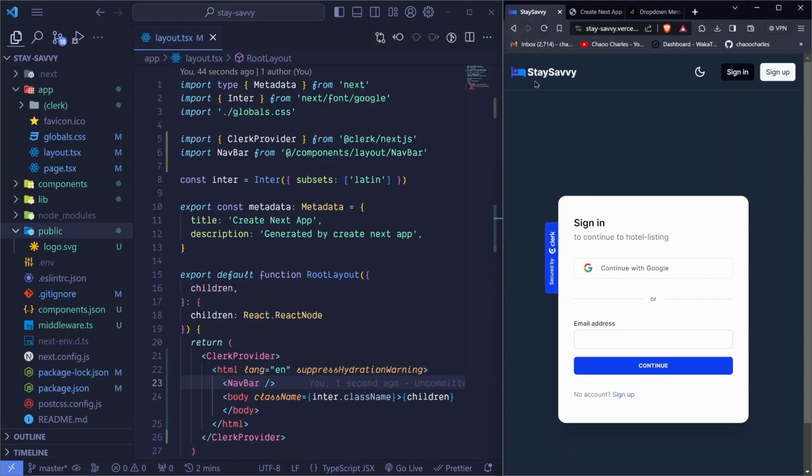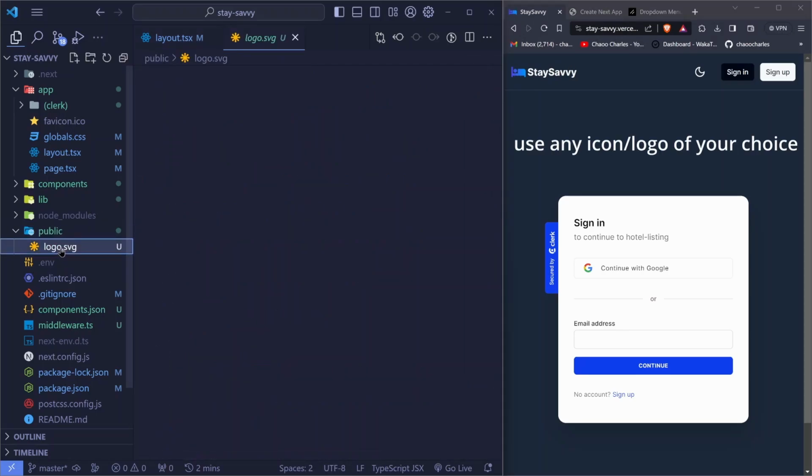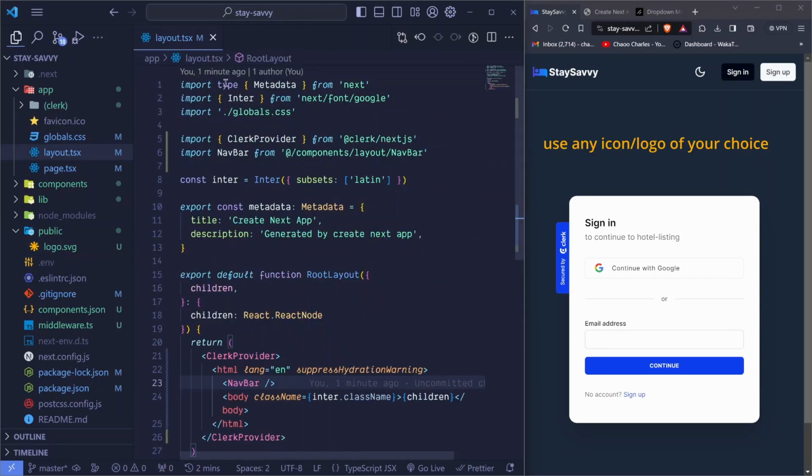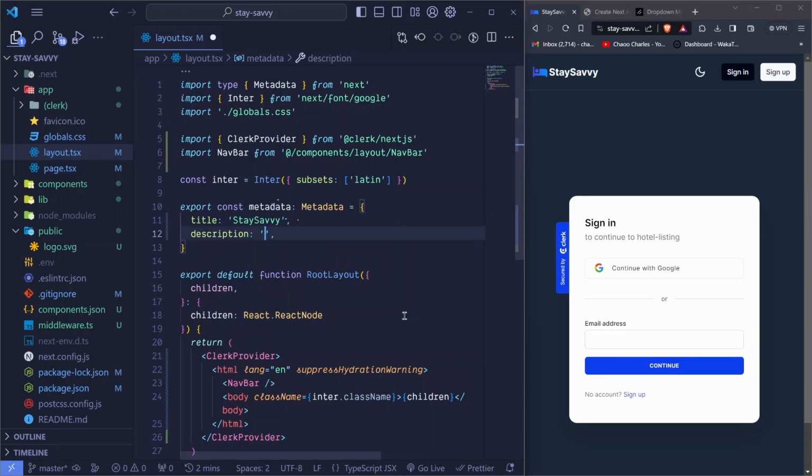together with that icon. So the first thing that I have done is to download the icon. You'll go to the layout and we will customize our metadata. So instead of create next app right here, we will make use of stay savvy, and right here we will add a better description. You can add a more detailed one, but I'll just say book a hotel of your choice,